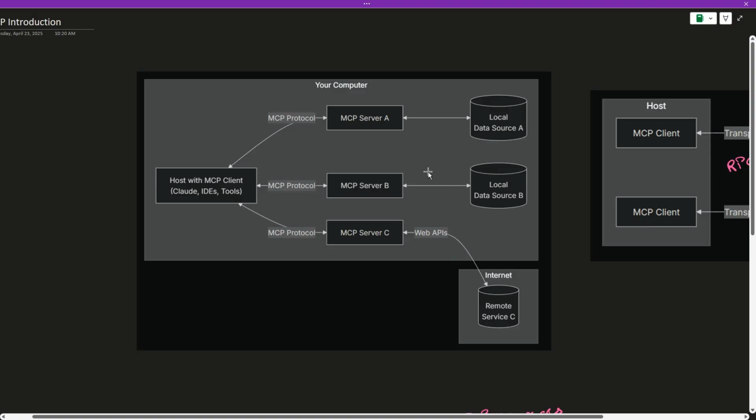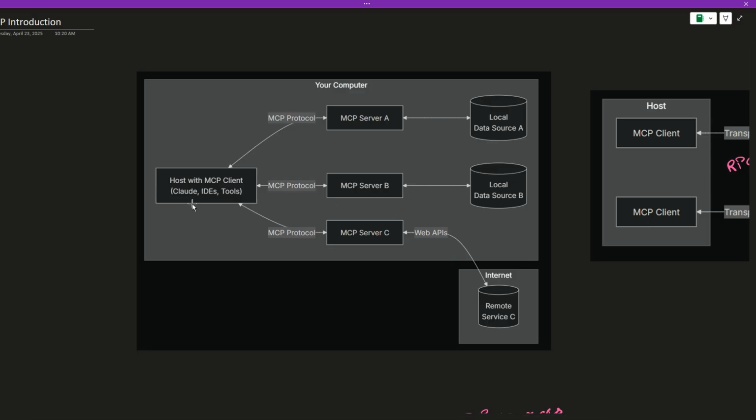So we have the MCP host. The MCP host is basically like the Claude IDE, Visual Studio Code, or the Cursor IDE. They are the MCP hosts that initiate the connection. Then we have the MCP clients. The MCP clients reside on the host, and they have a 1:1 connection with the MCP server. Now the MCP servers are also on your computer, but they are the interface through which you will connect